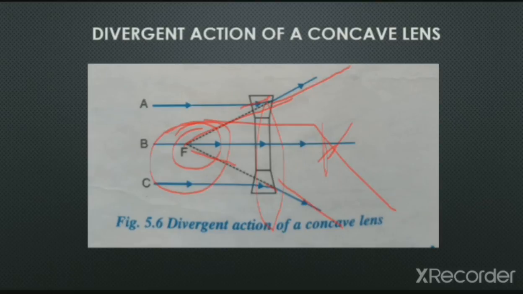We have to study some terms, all the terms related with the lens. So in the next lecture we'll discuss all the terms related with the lens. I hope this introduction is clear, and this point is important because this is mostly asked. Questions will be asked about the diverging and converging action of convex and concave lenses, and also about showing, by a ray diagram, the diverging and converging action of the lenses by dividing the lenses into three parts.